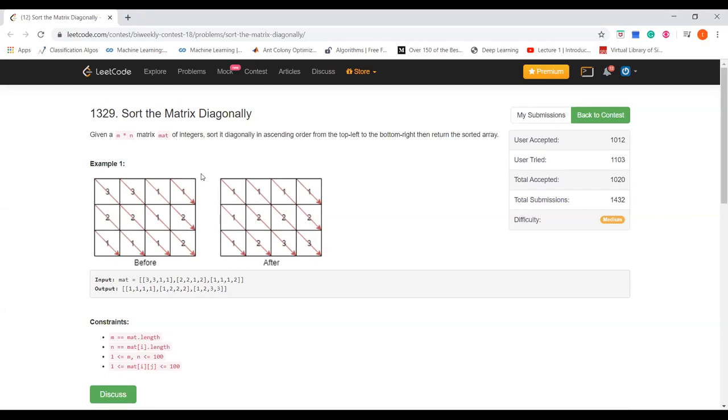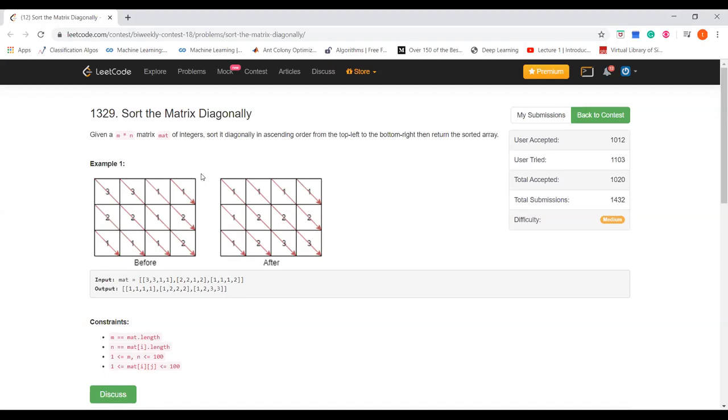You could also use the heap sort method. It's n square log n. Heap sort is again n log n, same. Heap sort is n log n, but while we are adding to the heap, it gives me the output, right? It's just adding, and then removal. There are n square diagonals. Yeah, correct. Though for every diagonal, I'm iterating on all n square elements, right? And while iterating, I'm sorting them. I'm not iterating any element twice. And in a single iteration, I'm able to sort them. So it's n square log n, if you get me.